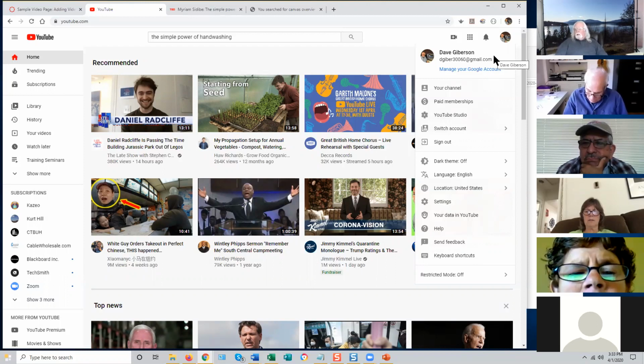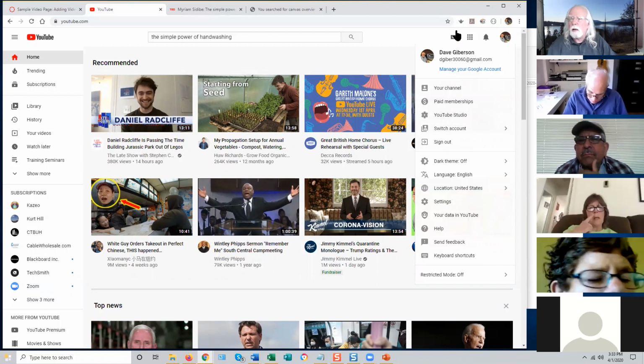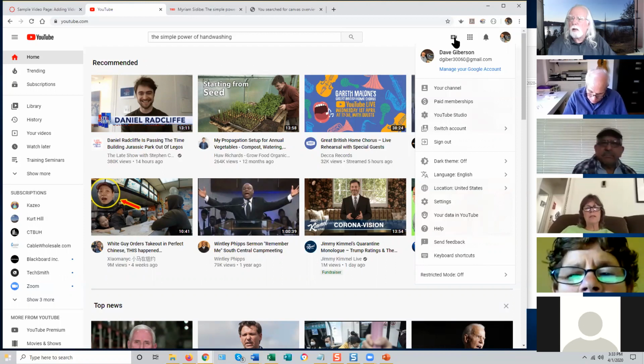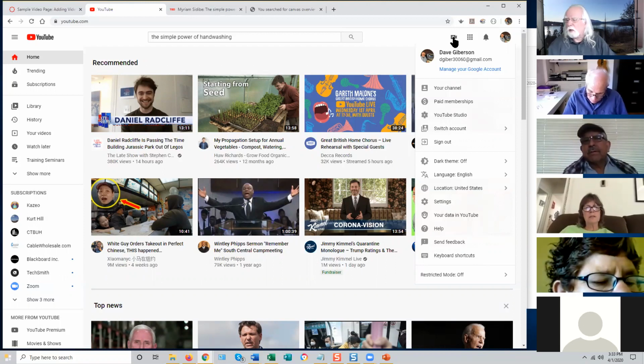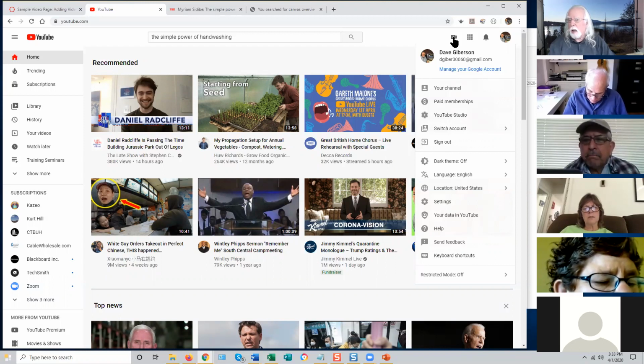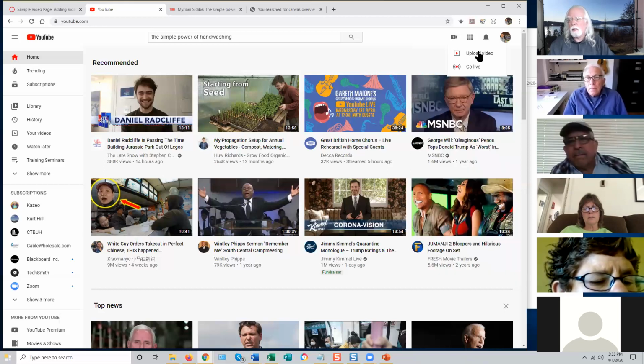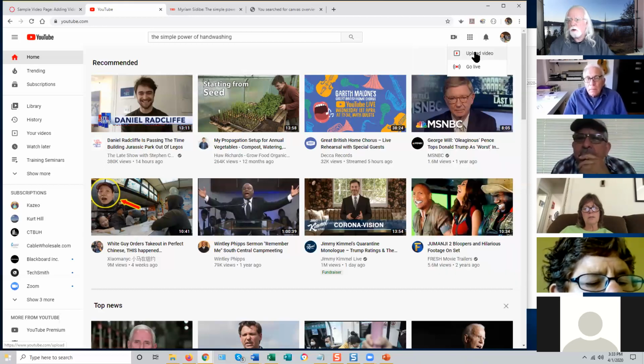Once you have a channel, all you have to do to upload a video is click on this little icon right here. It looks like a kid's drawing of a camera, and it's got a little plus sign in the middle of it, which implies add. So this is how you add video to your YouTube channel. You just click on that little icon, and you're given an option to upload video. You click on that,